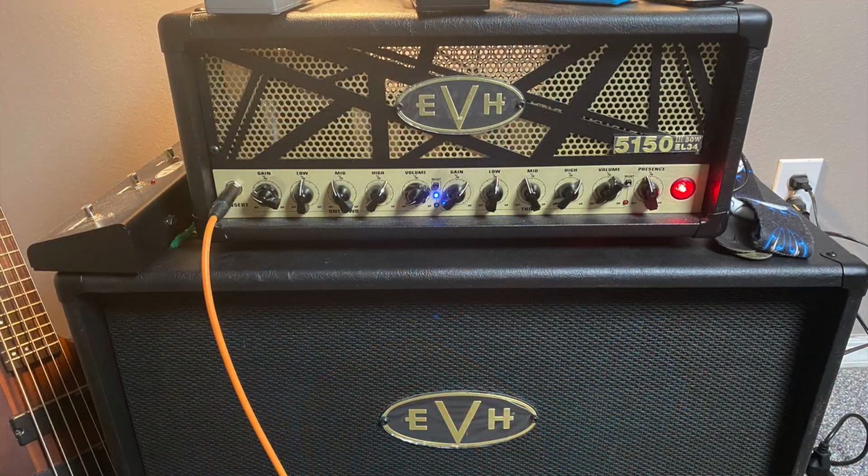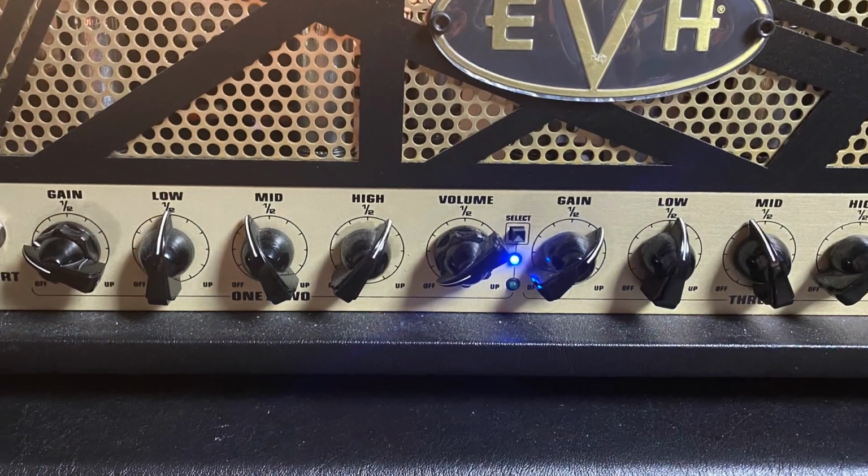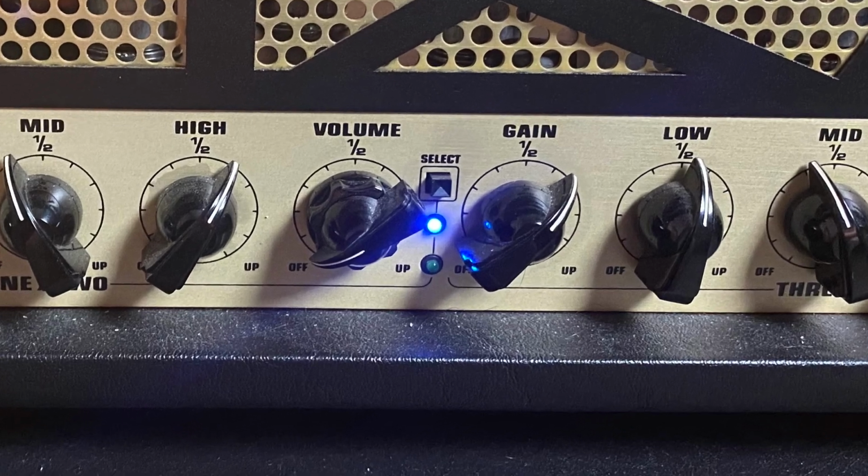I'm using, of course, my EVH 5153. This is the EL34 tube, and I'm using the blue channel. There's a green, and that's your clean channel. There's a blue, that's kind of your rock to heavy metal channel. You can get a variety of tones out of that. And of course, you got your red channel for your fire breathing gain. I like fire breathing gain. That just sounds cool. Anyway, we're talking about the blue channel here, so that gives me a wider range of tones